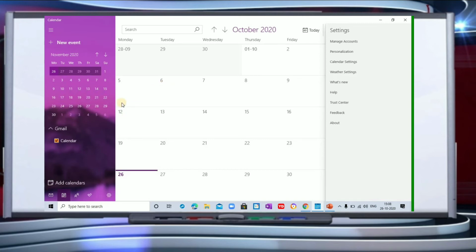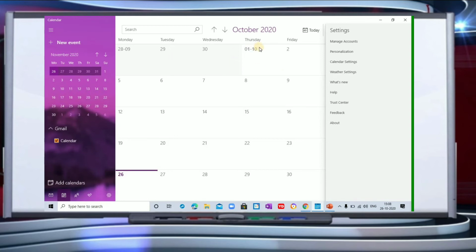Now coming to the next, what we have is categorizing appointments. A wonderful thing that we can do in the calendar. It is always better to categorize an appointment for quick and easy retrieval.